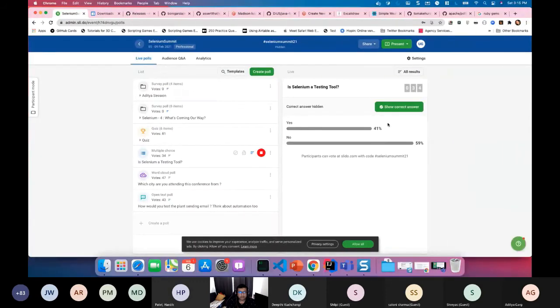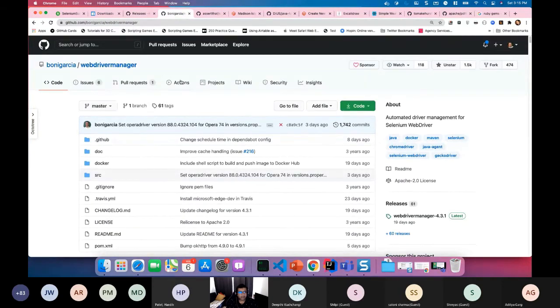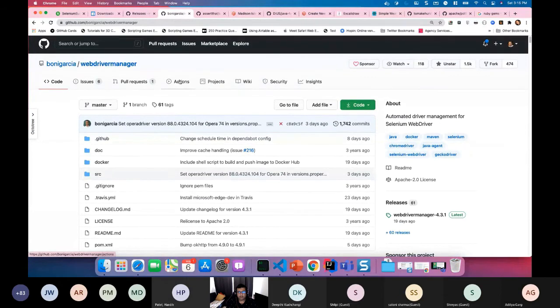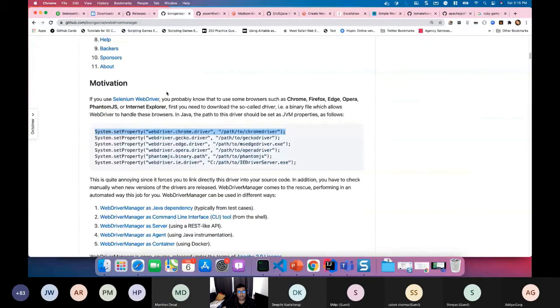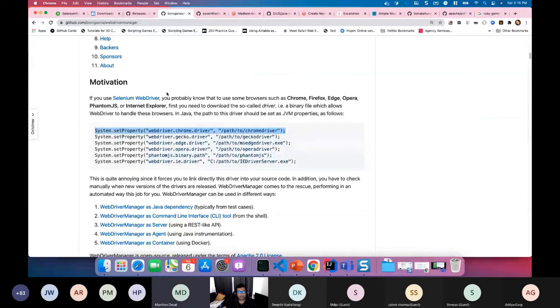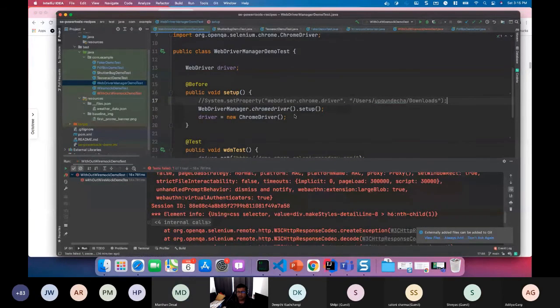So let me go to the demo part of the session. WebDriver Manager is hosted on GitHub, and Boni Garcia, who originally wrote this cool tool, has a repository. There is a Python version, there is a Ruby version as well, and you can find the documentation of this particular tool or library on GitHub. And the way we use it,